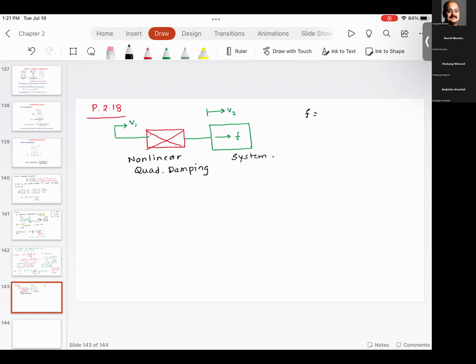This force is c times v2 minus v1 square. So this is basically the relative speed. So we have to first find out an analytical expression